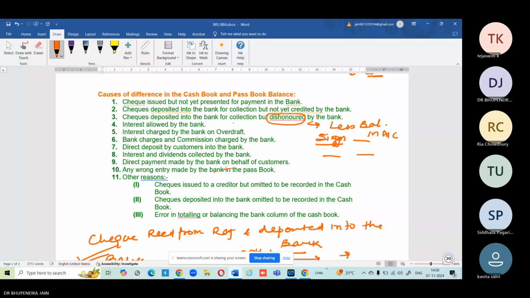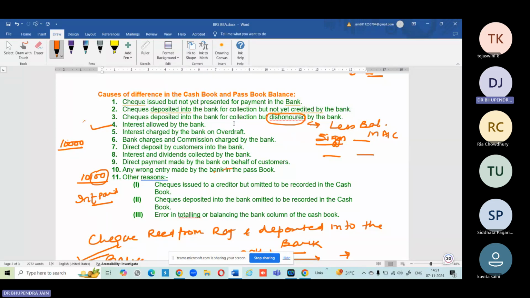Next, interest allowed by the bank. Suppose your bank balance in the cash book is 10,000, but what is the passbook balance? 10,100. And this 100 rupees is interest paid by the bank. So your balance has been increased. Next,